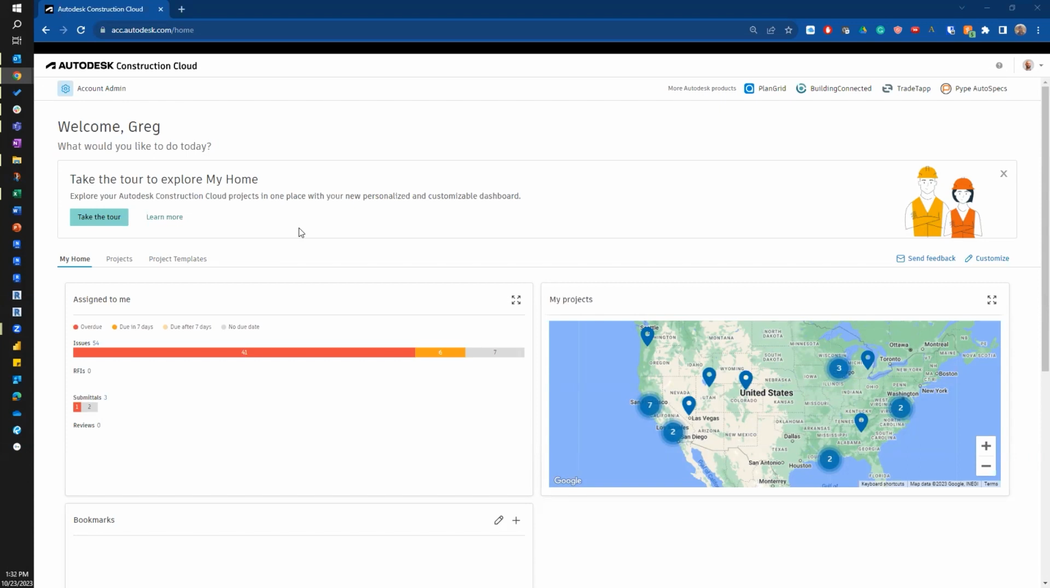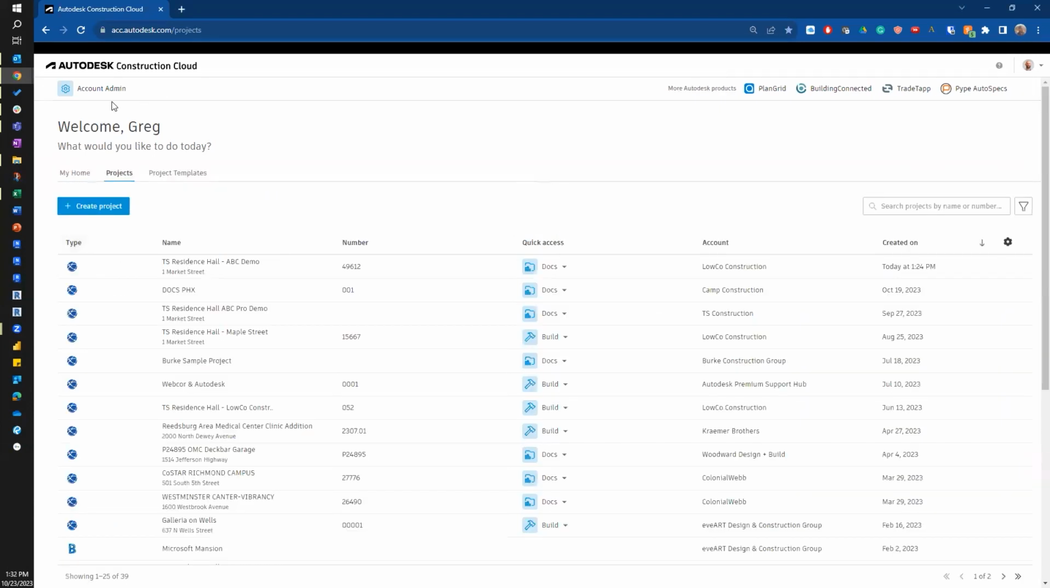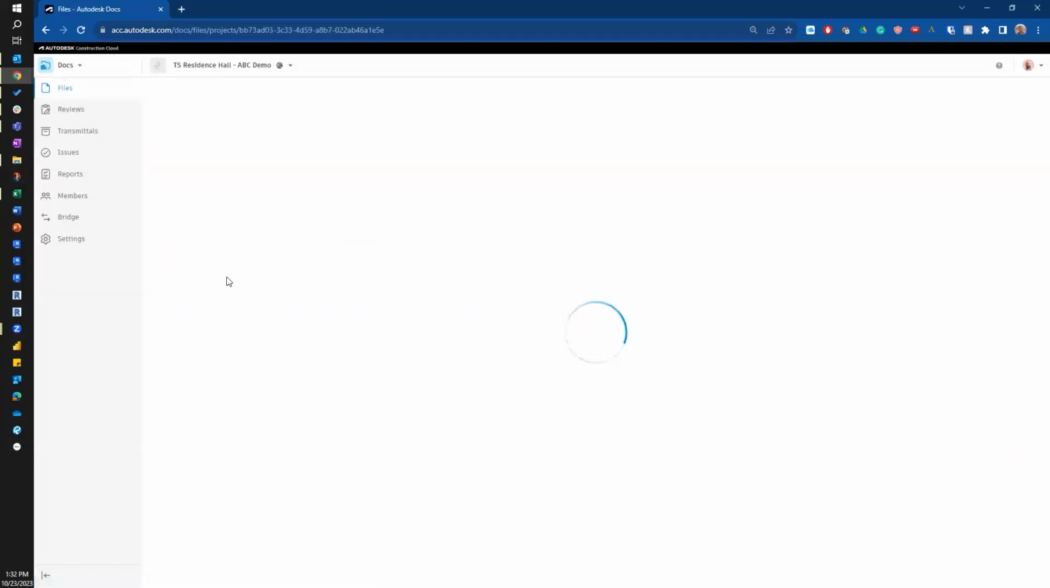I'm a VDC subject matter expert here at Autodesk, and I'm going to walk through how to collaborate Revit models up to the cloud. I'm doing this with Autodesk Construction Cloud, and I'll be in Revit 2023.1. First, I'm going to go through in the Construction Cloud, and I'm going to go to my project, and